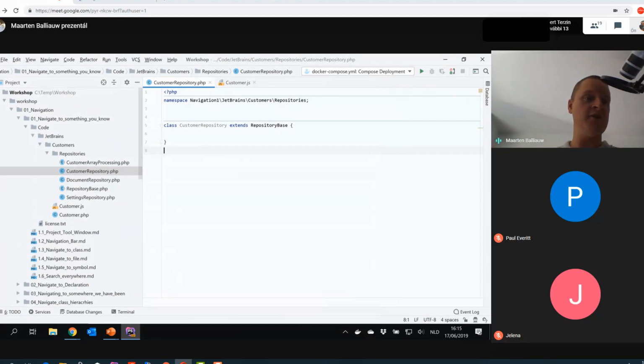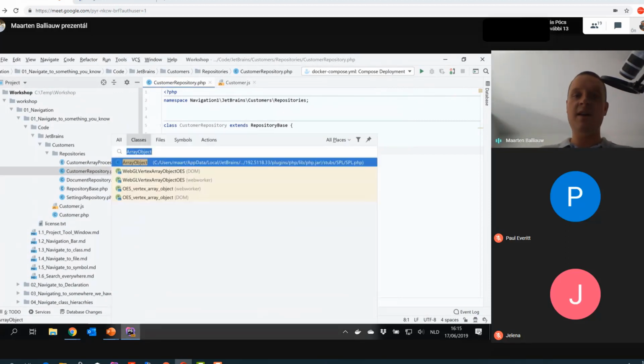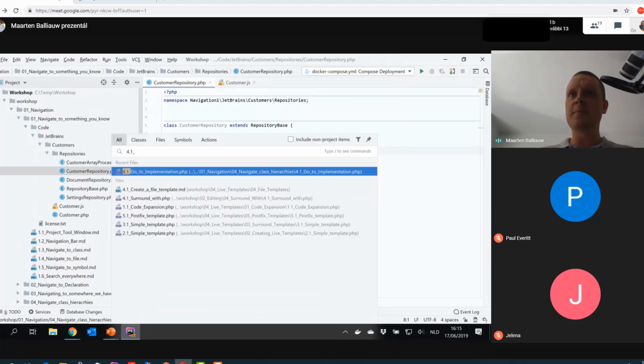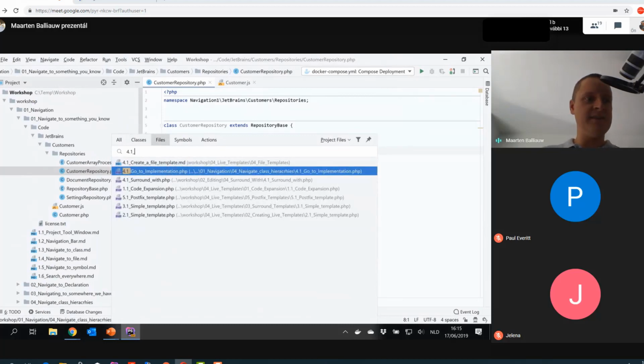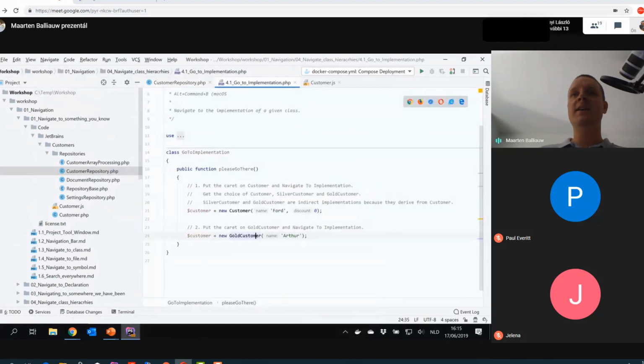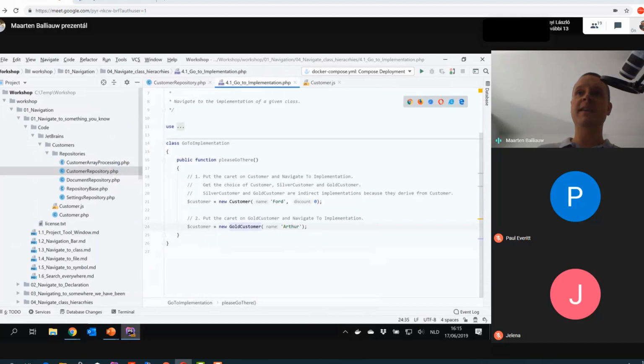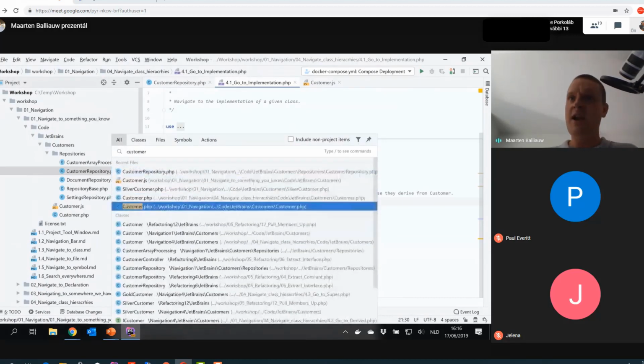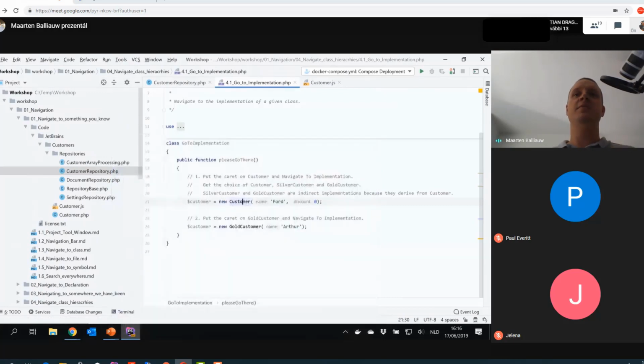Now let's do some other navigations. I have a class somewhere that is called 4.1 underscore, I should use the file probably. It's this one, yep. In here, we have some code that is making use of a customer class. Now that customer class is something that we can navigate to by, again, using the shortcut and finding the customer class, but it's probably better to just navigate from here because we are already in the editor. We already know that we are working with this customer on this line of code.